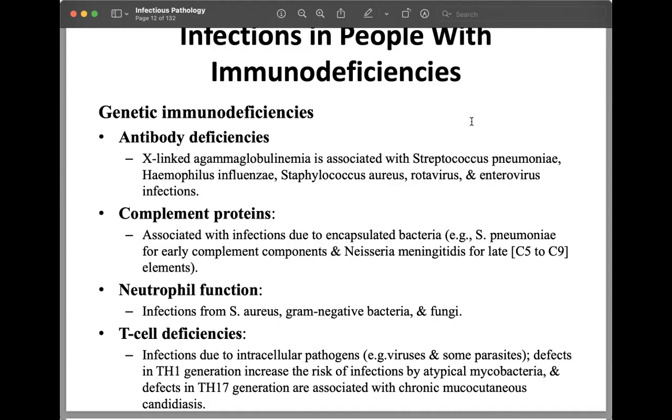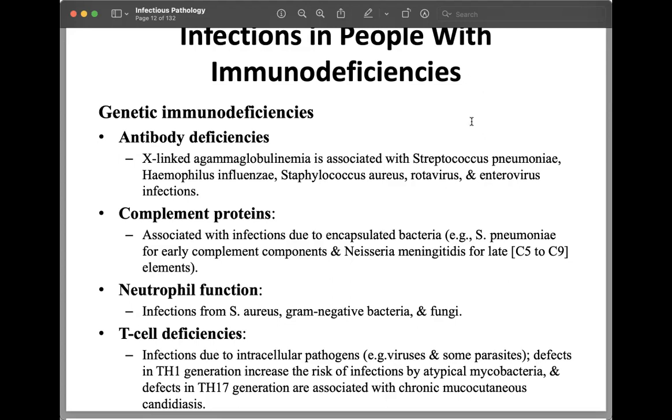You will also be predisposed to infections with encapsulated organisms like Streptococcus pneumoniae, which causes pneumonia, Haemophilus influenzae, which causes meningitis, and Neisseria meningitidis, which causes meningitis as well. So these three organisms are encapsulated organisms. They have a mucoid capsule, and you will be predisposed to these infections with deficiencies of antibody production, because